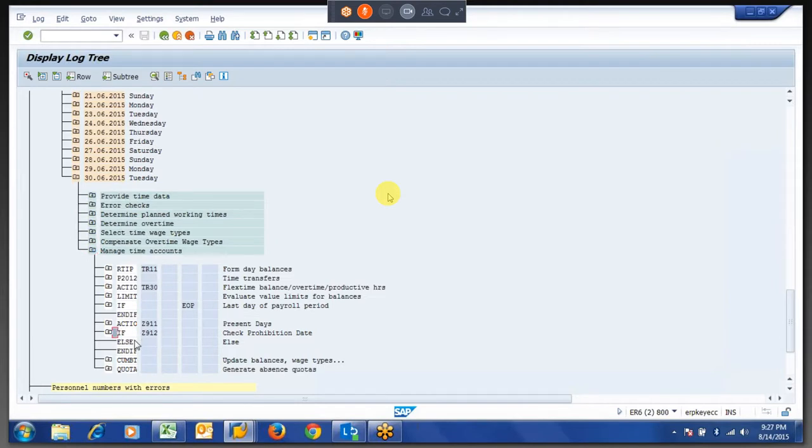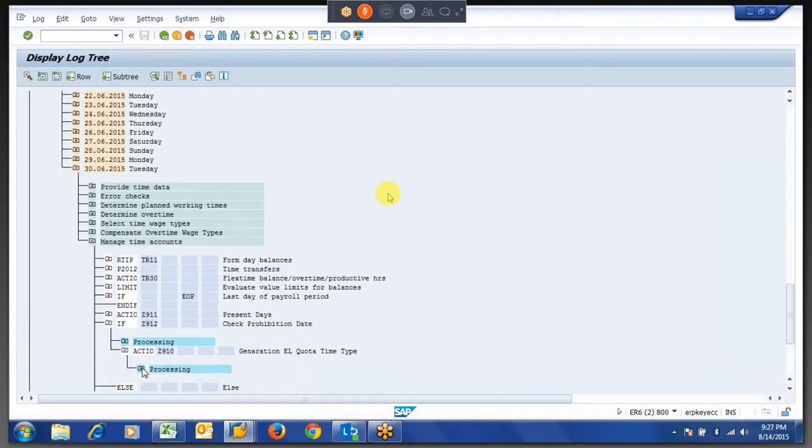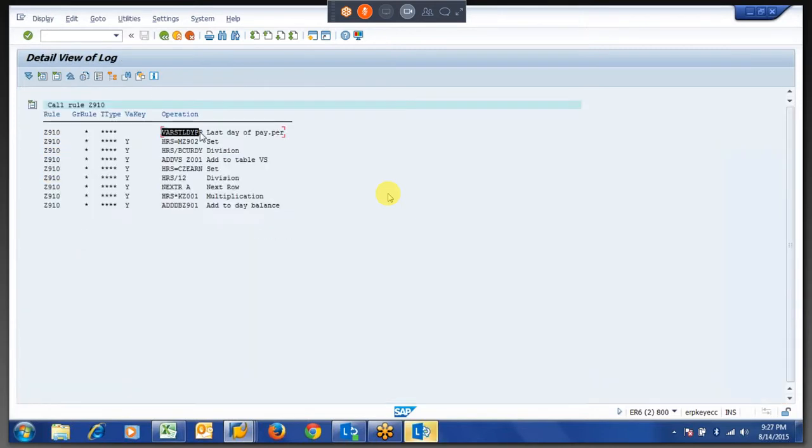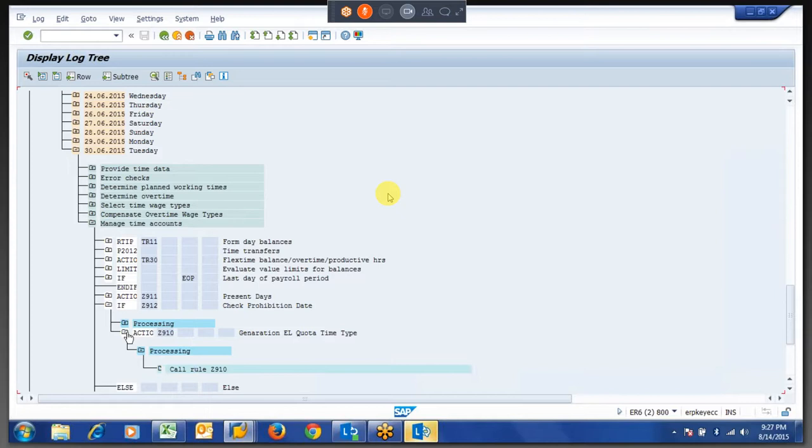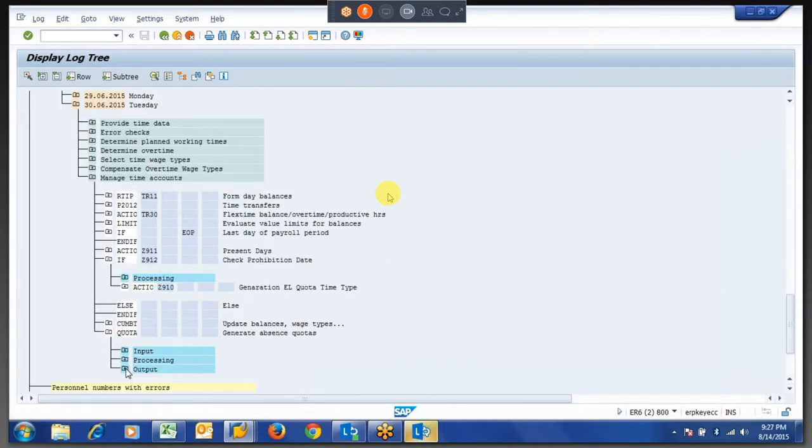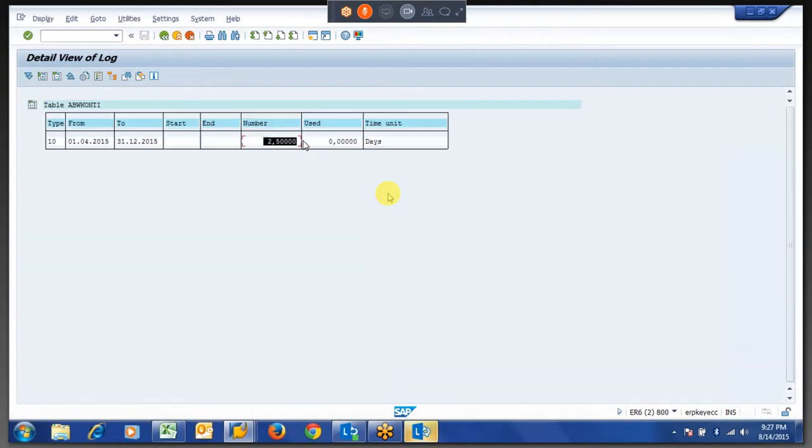So if it is not going to else, only here the actual rule was ready, right? But here what we are doing is whatever the calculation we have done, here again 2.5 will generate, and the quota will be updated with 2.5 only, right? So what we have to add here, whatever the past 2 months he is eligible, like 2.5, 2.5, total 5 is stored already in Salado table.